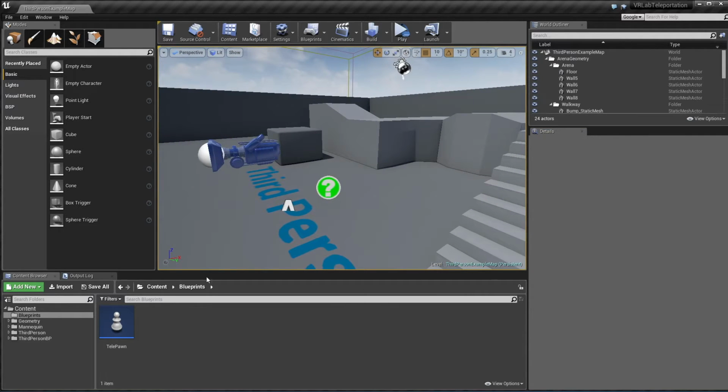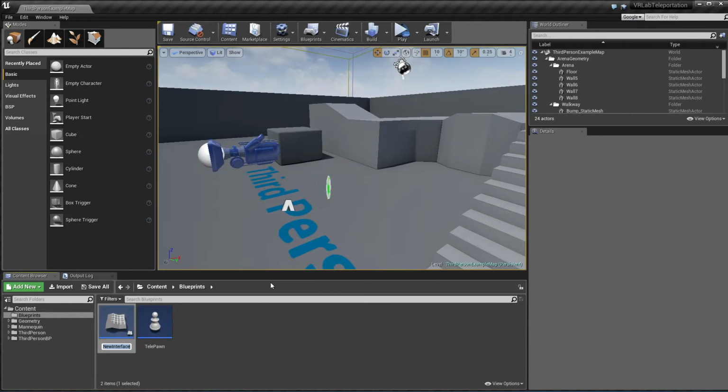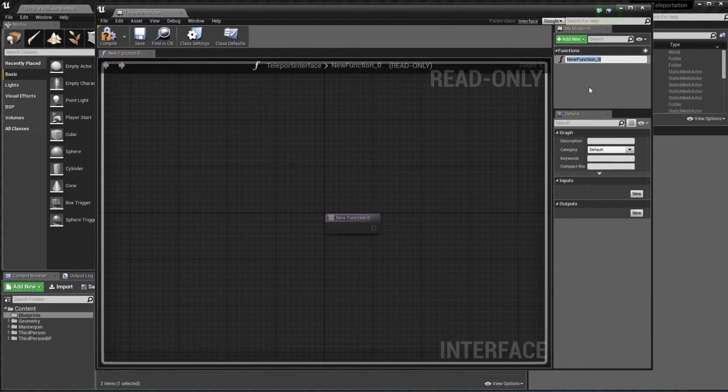First things first, we want to create a new interface, so I'm just going to go here, Blueprints and Blueprint Interface, and I'm going to name that Teleport Interface. You name it whatever you want, and we're just going to add a new function to this. If we rename the new function that it automatically creates for us to something like Check Location,